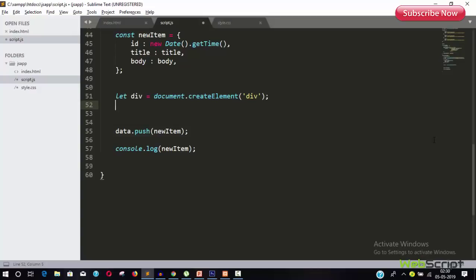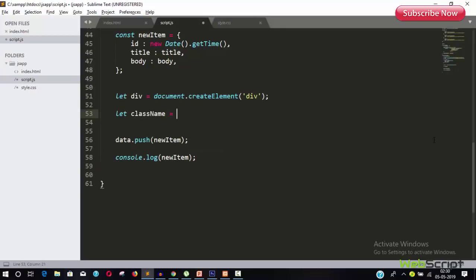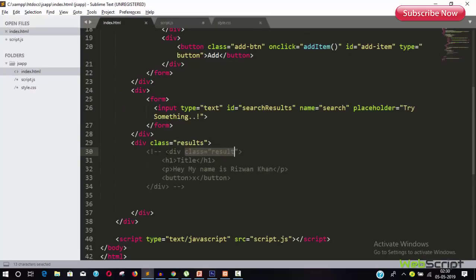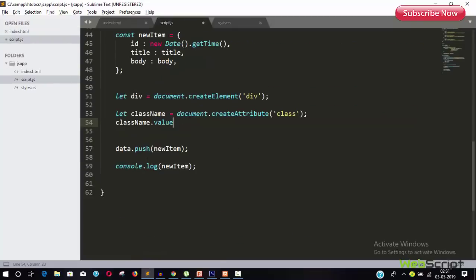Now we need to add an attribute, that is a class. So let's create the class attribute. className equals document.createAttribute, and the attribute name is class. So our class attribute is ready. Then className, assign a value. So if you go back to your HTML, then you can see the class has a value result. We'll have to assign here